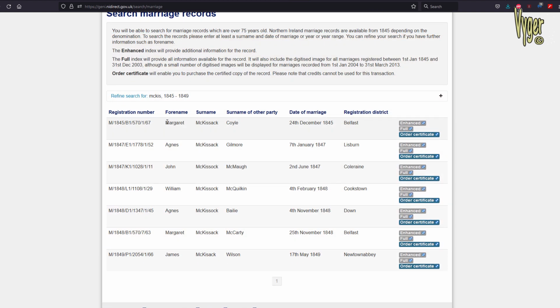On marriage records, we have the principal party, and we also have the surname of the other party. So again, I can form that family relationship, and I can write that out as a single surname. And again, that's going to become useful when we come to merge families.